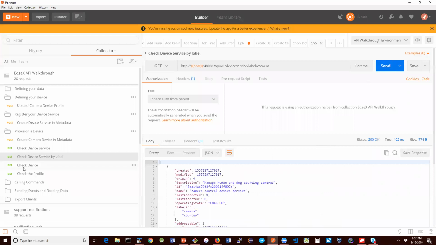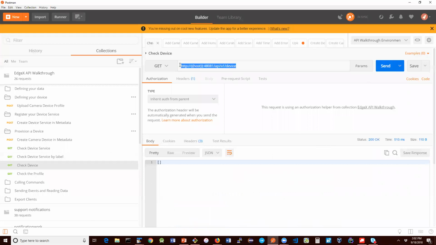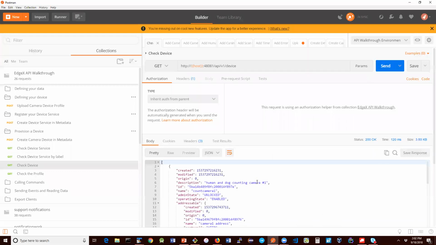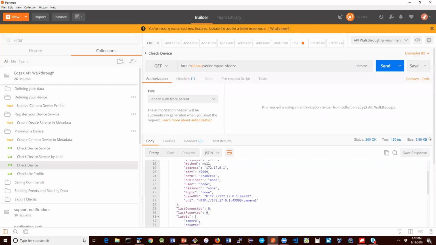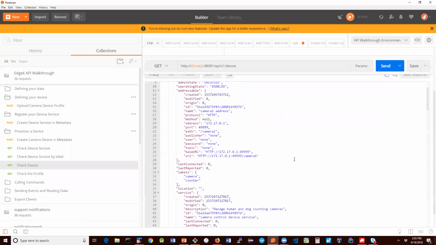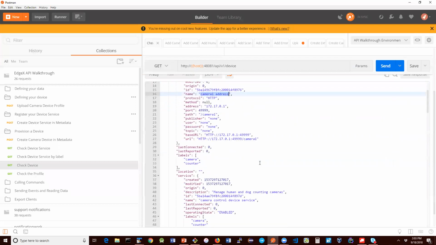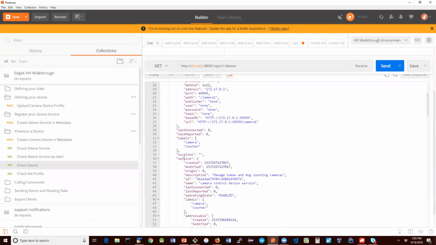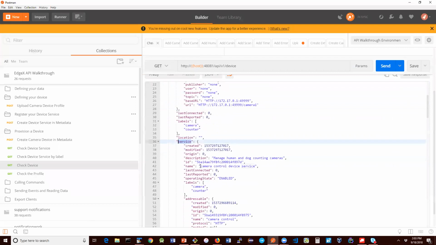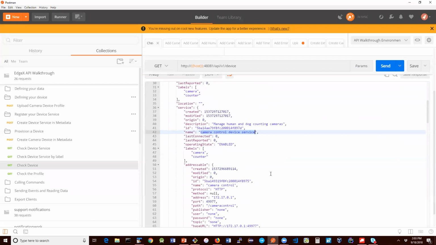Let's check too about the device. Was that set up correctly? So we'll make another call of metadata and ask for all the devices that EdgeX knows about. In this particular case, we get information back about our count camera 1. Again, that it's the human and dog counting camera, all the information we provided to get our device set up, including its addressable, where it's actually located at camera 1 address, including things like the service it's associated with, the camera control device service, and including its